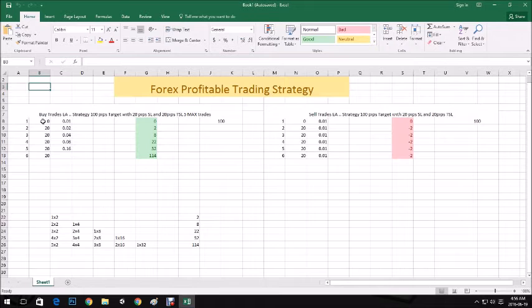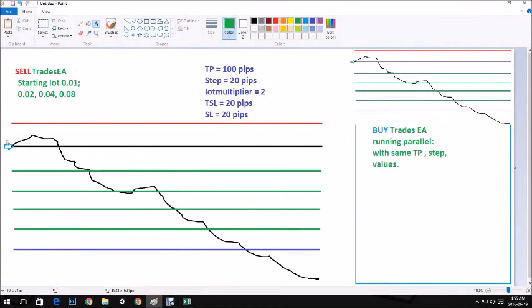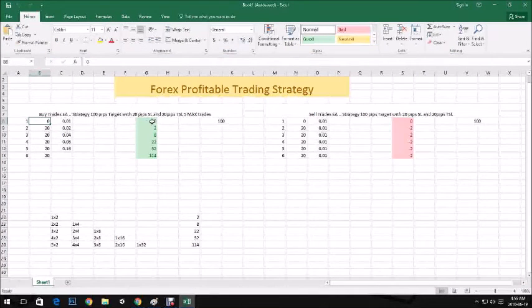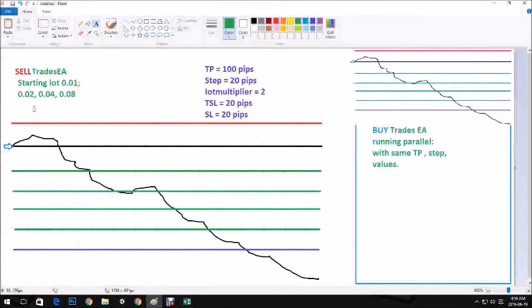Okay, so here our first trade will have 0.01 lot size, our second trade will have 0.02 lot size, the third trade will have 0.04, the fourth will have 0.08, and the fifth will have 0.16. Okay, so when our first trade is started at this point of time, it has $0 profit. Okay, and when it started going up, we were actually in minus,